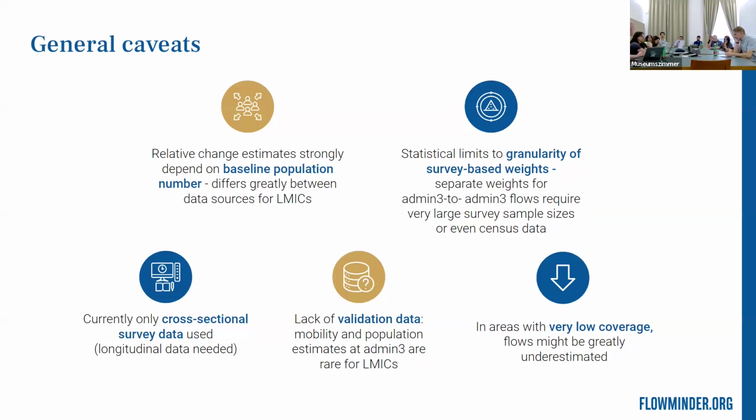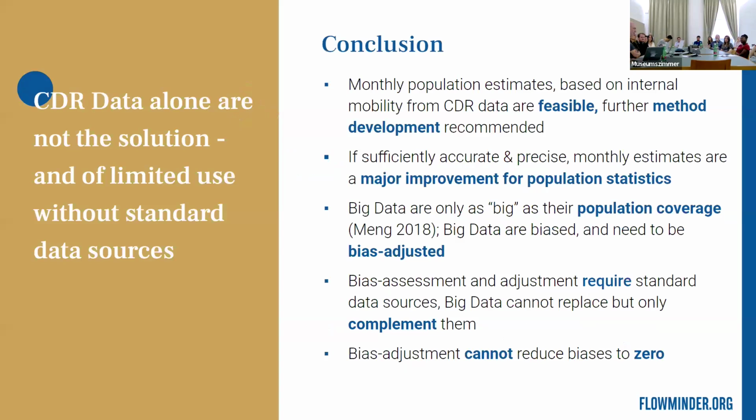And the difficulty, particularly with the flow data, the flow estimates, is that there's hardly any validation data, particularly on a monthly level. To the best of our knowledge, the best users also work with other institutions such as IOM and their displacement tracking matrix and UNHCR that also have flow statistics to compare how our statistics match with theirs. And perhaps also obviously in areas of a country where there's very low coverage both of phone users and of a particular MNO, these flow statistics might greatly underestimate migration and mobility.